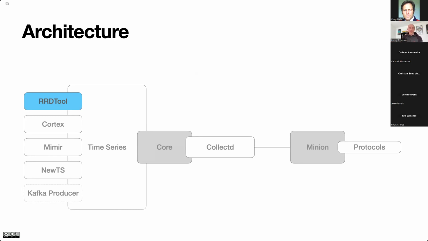That gives you basically the ability to deploy a minion in an isolated or remote network and let them talk the protocol-specific communication to the agent. And between the core and the minion, there's just the message broker communication.